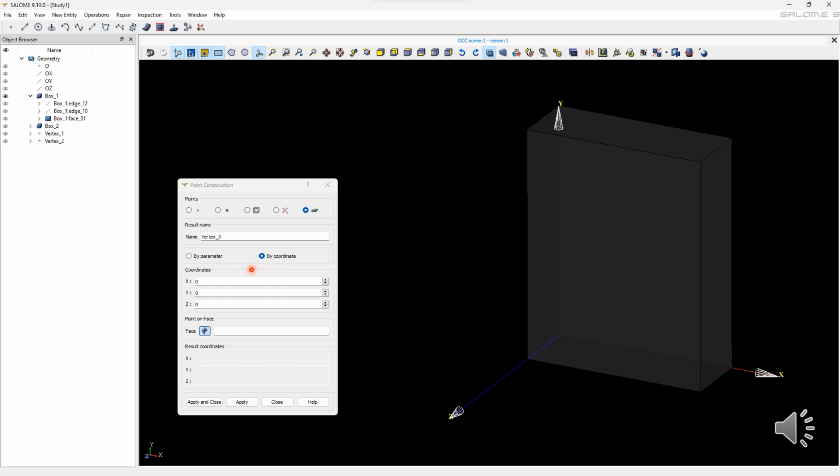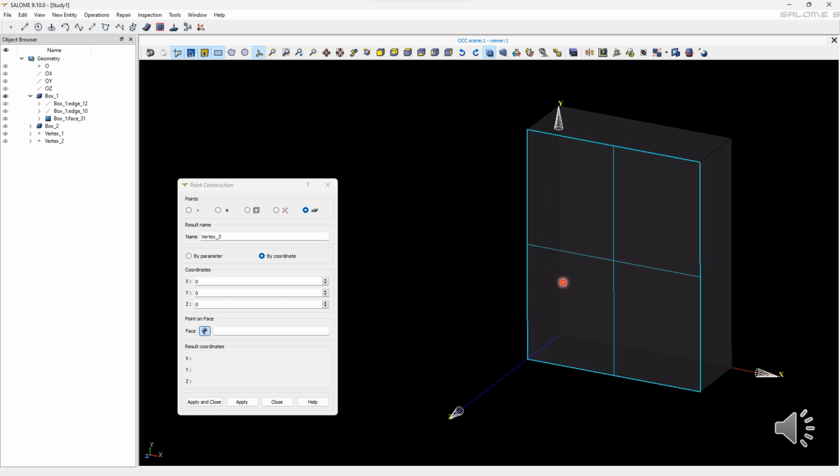So in this case I will select the second type, by coordinate. In this case also we need to select a face to create a point. So here I'll select this front face of this box,